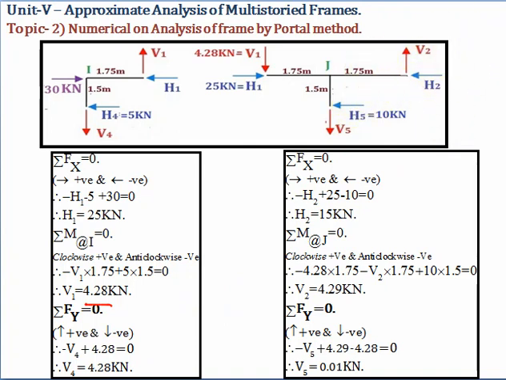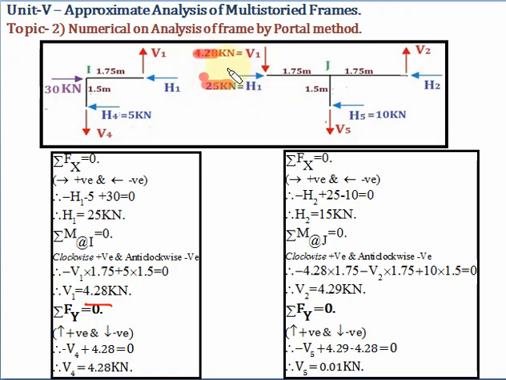Okay. Now here, as we know that at node 1 the values of H1 and V1 we have found out, but while drawing the free body diagram of joint I, we have considered H1 towards the left and V1 upward. For joint G, H1 will be acting towards the right-hand side and V1 should act downward. So it should be equal and opposite, but the value should be the same. Okay. Is that clear now?